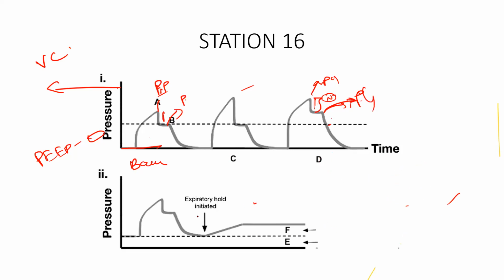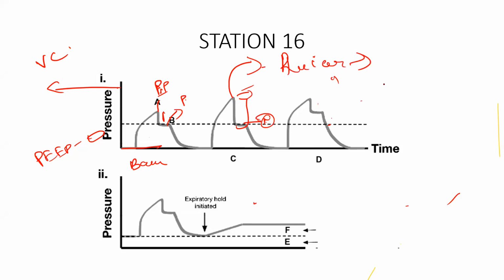Sir, please explain C again. Here there is an increase in the peak inspiratory pressure. The plateau pressure is normal, so there is a widening of peak inspiratory pressure and plateau pressure. When the peak inspiratory pressure alone is increasing, that indicates the lung is struggling to overcome the resistance offered by the airway tracts. So there is high resistance in the airways, for example bronchospasm, tube kinking, or obstructive lung diseases.